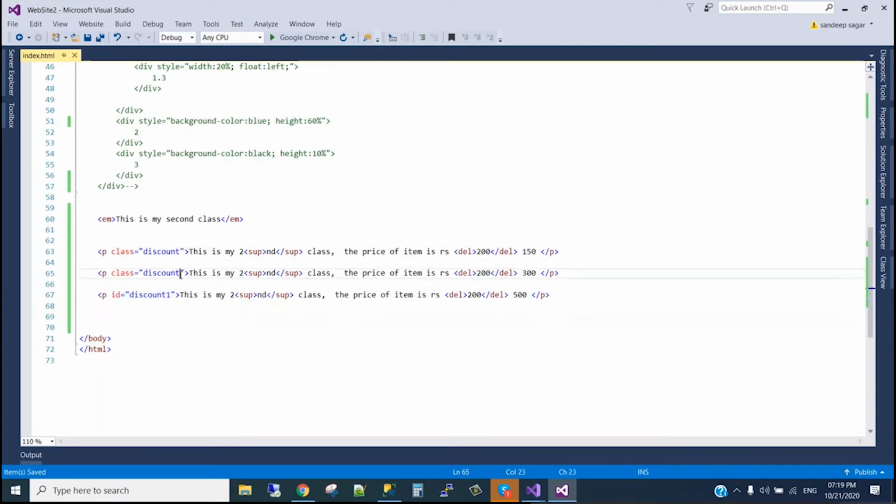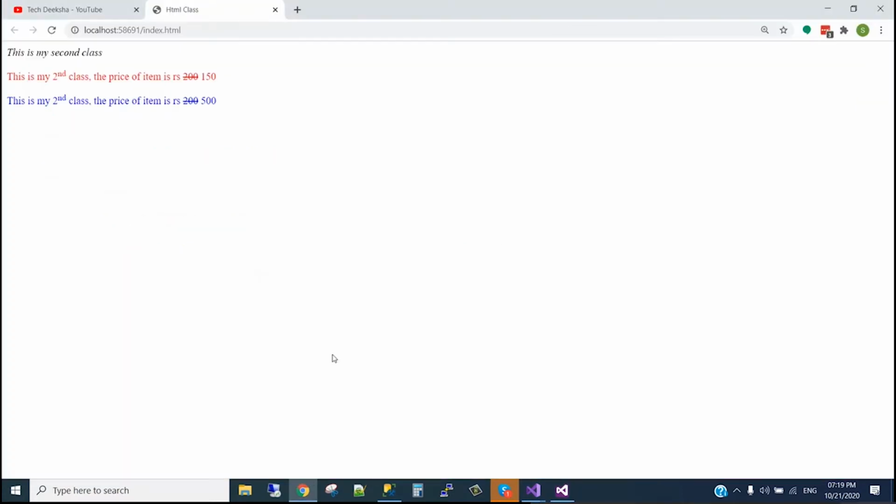Also we can add one more class and write a style sheet for that, discount 2. So here we apply the discount class and another for discount 2. If we refresh, see, two are red, one is blue.